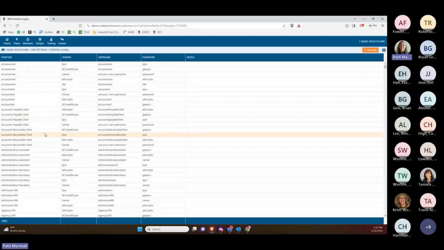And if you did have a situation where for a specific facility they had a specific password, then you would have to somehow change the position name. So you would have your accessioner, and then you would have your accessioner, make facility or whatever it is. So that is slightly different. I don't know if anybody was using facility specific passwords. That would be the only